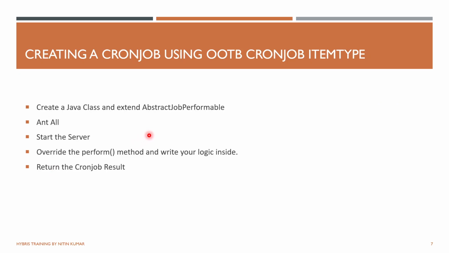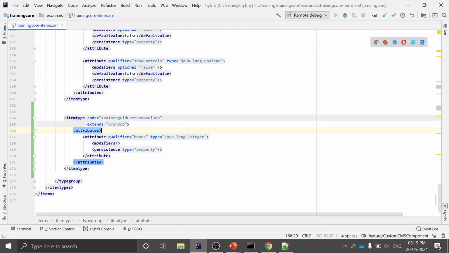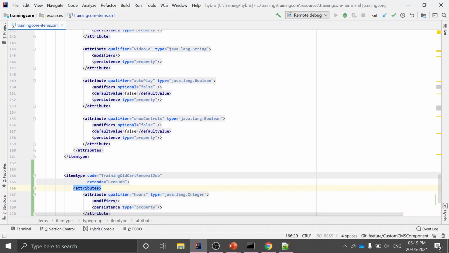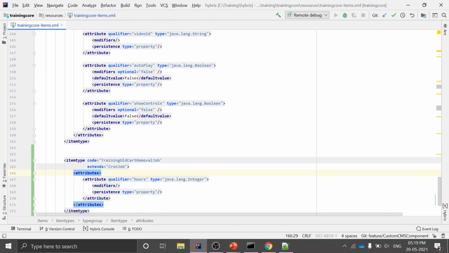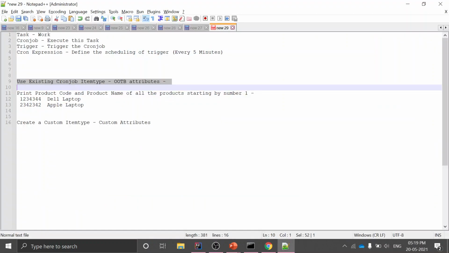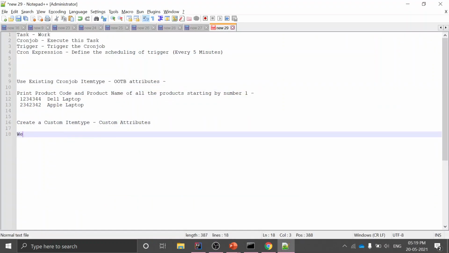So in the custom one, only one additional step is there. That is, instead of using the out of the box cron job model item type, you will use your own item type, which you will create by extending the cron job. So here the use case is, I will delete the cards created in X hours.